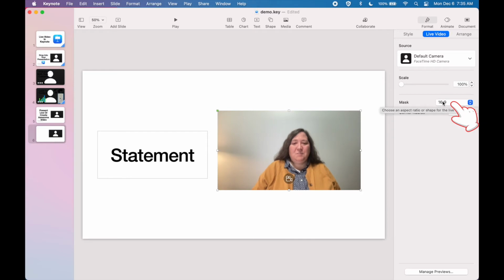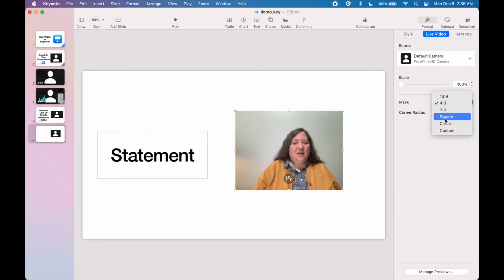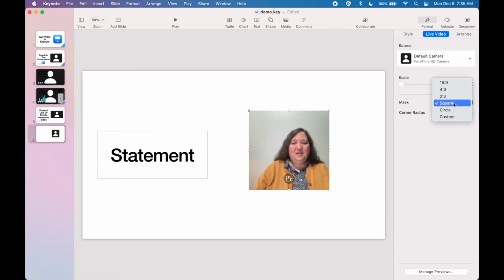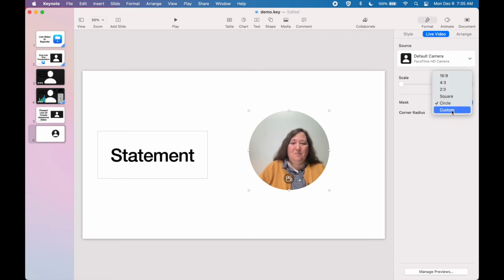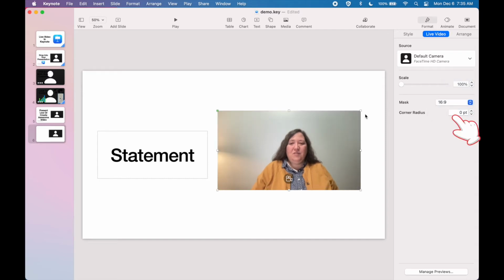You can adjust the mask on your video feed from being widescreen to 4:3, a square video feed. You could also have a circular mask around your video feed, or any other custom shape that you want to adjust to as well. You can even round off the corners on any of these masks by using this corner